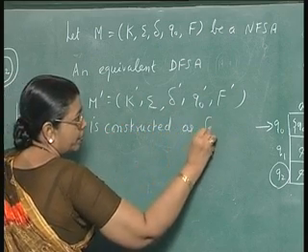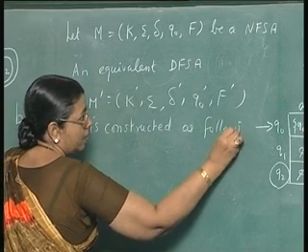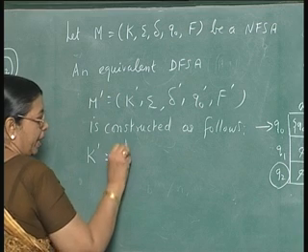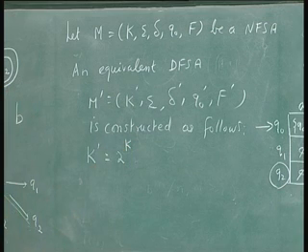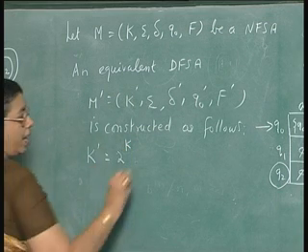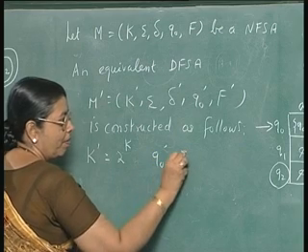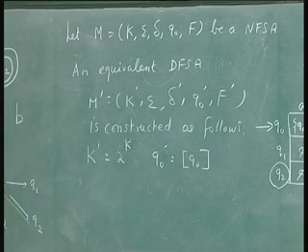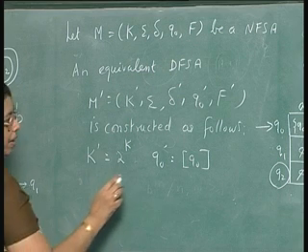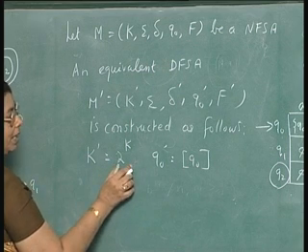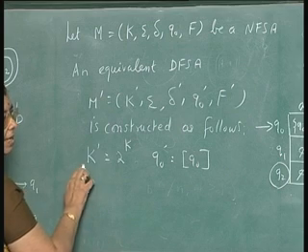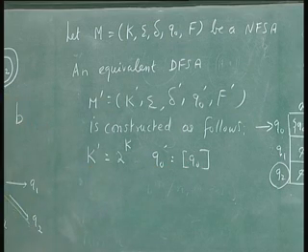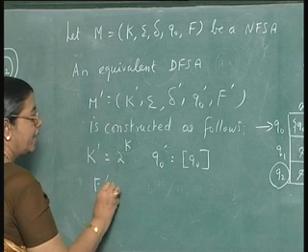K dash is 2 power K, that is all subsets of K will be K dash. Q naught dash will be the set containing q naught alone. That is, each subset of K will be a state in K dash, and the subset containing q naught alone will be the initial state,